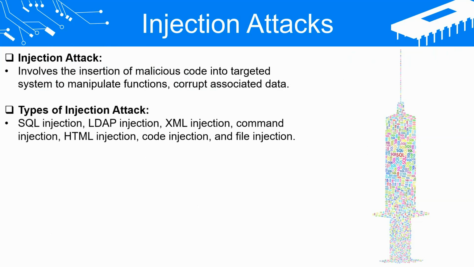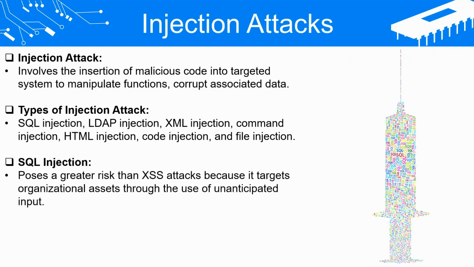Some common types of injection attacks are SQL injection, LDAP injection, XML injection, command injection, HTML injection, code injection, and file injection. When considering an organization's security, SQL injection attacks pose a greater risk than XSS attacks, as explained in the cross-site scripting chapter, because the former target the organization's assets, while the latter target its website visitors or customers. The objective of SQL injection attacks is to manipulate or exploit a web application through the use of unanticipated input. Rather than trying to deceive a user, these attacks utilize such input to gain illicit entry into a database or